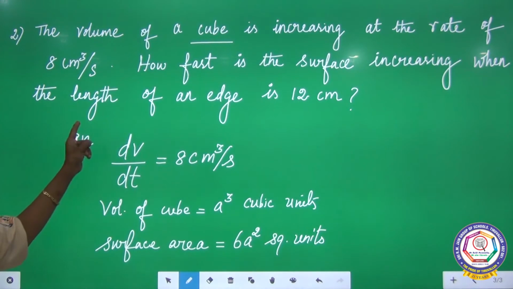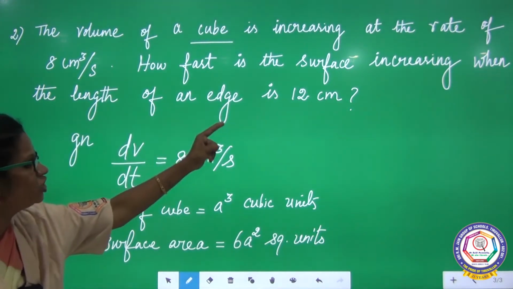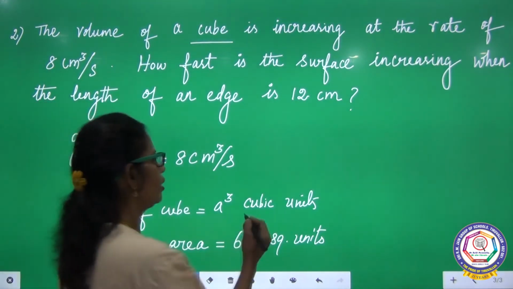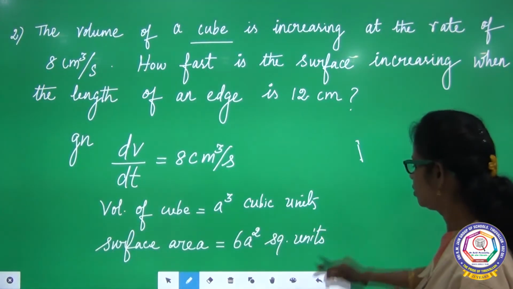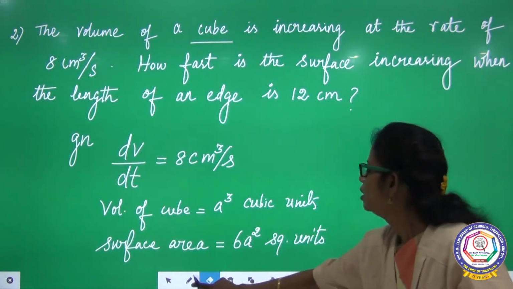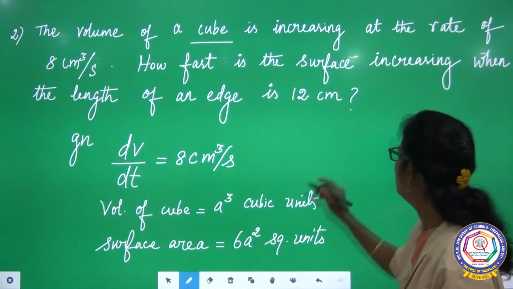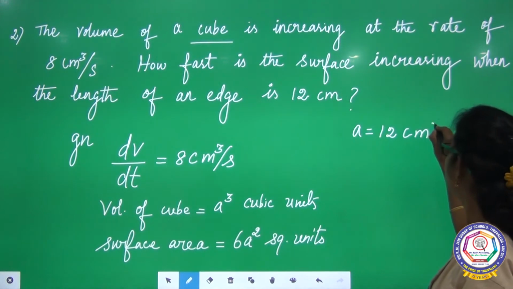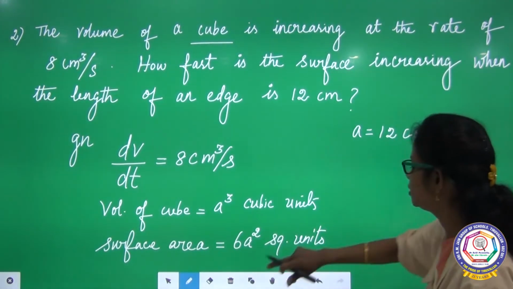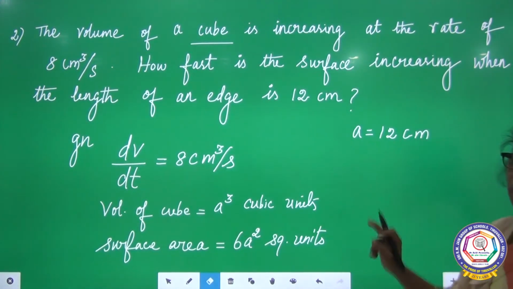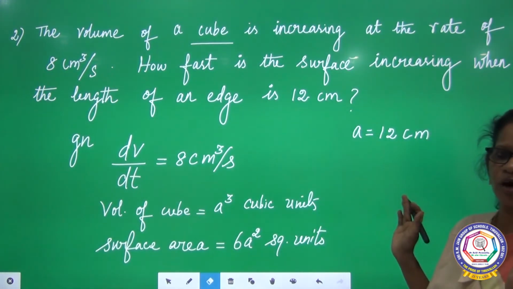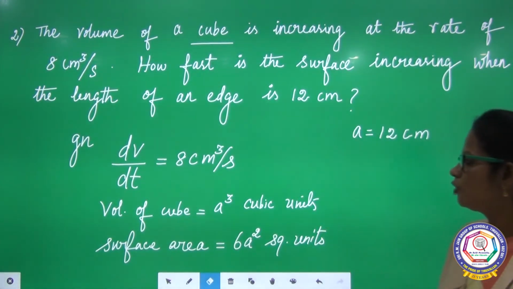Then what is given in the question, you see, the length of an edge is 12 centimeter. That means the side of the cube equal to 12 centimeter. So what can you write? a equal to 12 centimeter units, right? Have to be very careful. Side should be represented only with units. The whole statement I converted in this format. Now only I am going to give a solution for this, right?